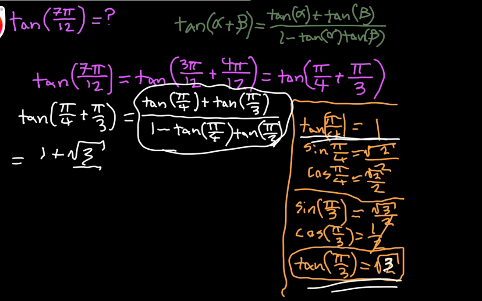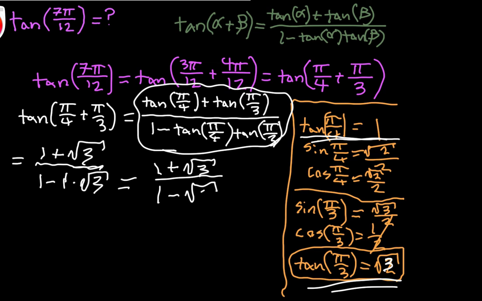Divided by 1 minus the tangent of pi over 4, which is 1, times the tangent of pi over 3, which is square root of 3. What does that give us? That's going to give us 1 plus the square root of 3 divided by 1 minus the square root of 3. And I'm just going to say that that's our answer,